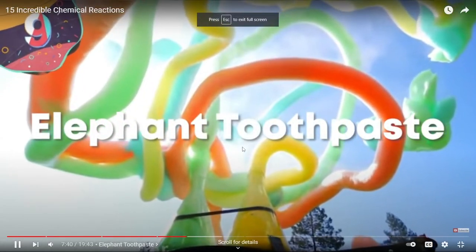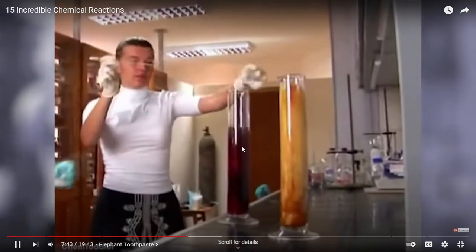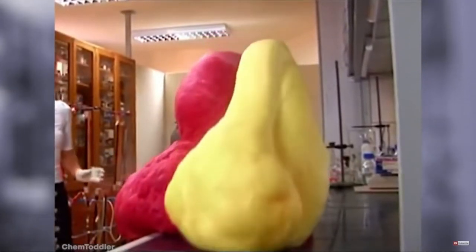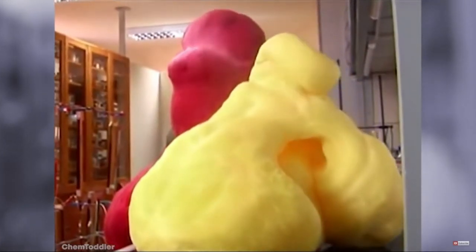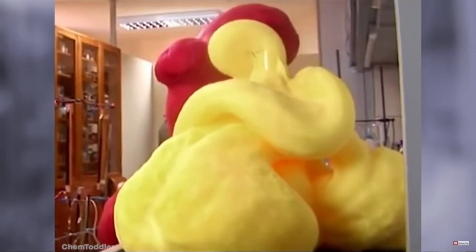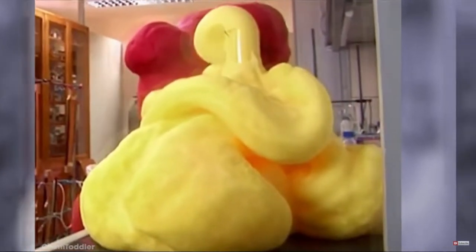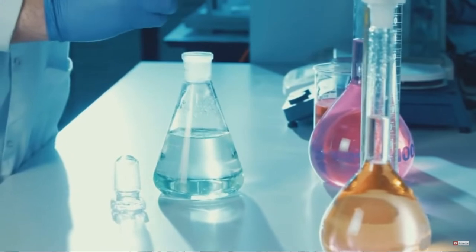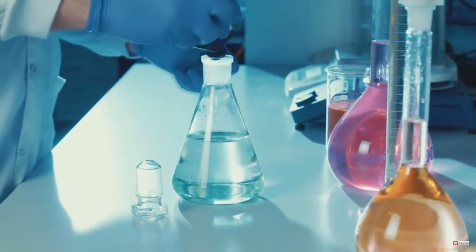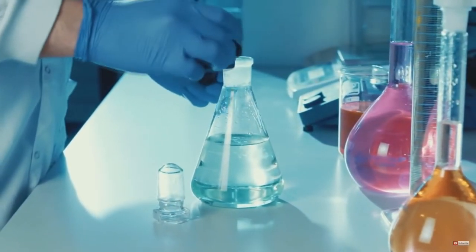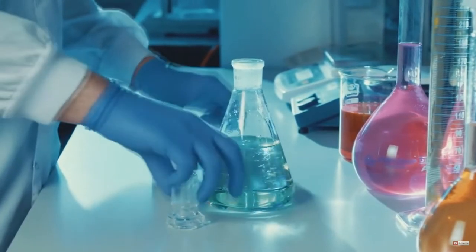Elephant toothpaste. The elephant toothpaste experiment is visually amazing, and it's one of the best experiments that's safe enough to do at home. To create the effect, you need some hydrogen peroxide liquid, dishwashing soap, food coloring, water, and some yeast. To start with, you add the hydrogen peroxide, soap, and coloring into a plastic bottle and mix it together,